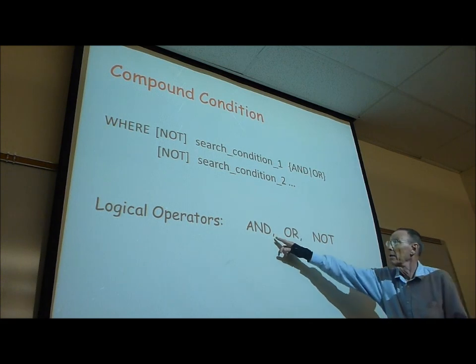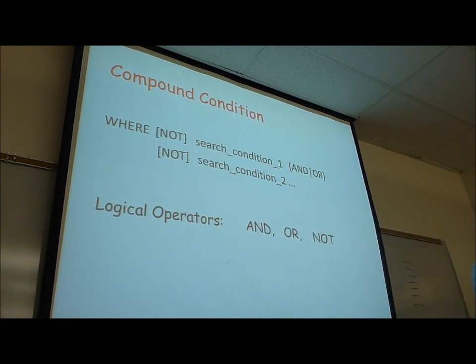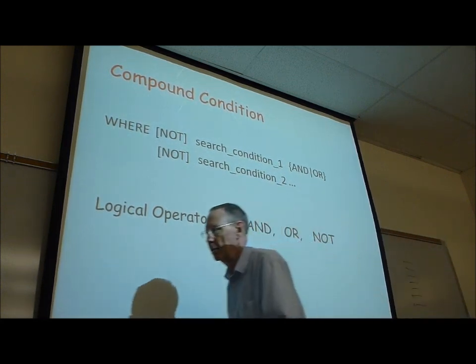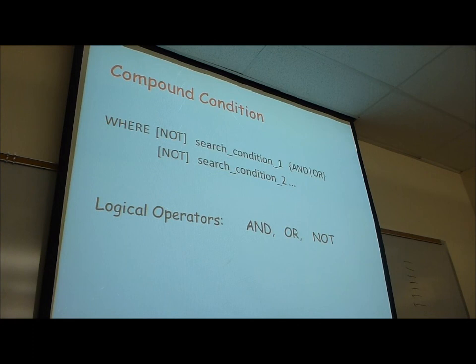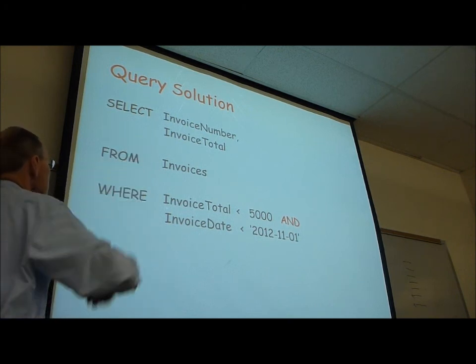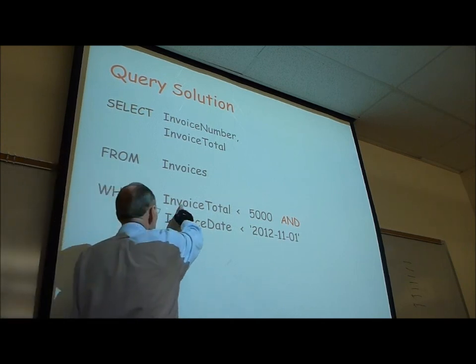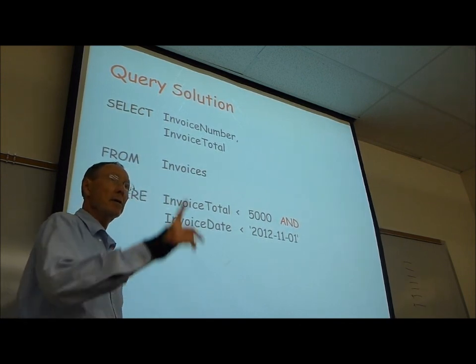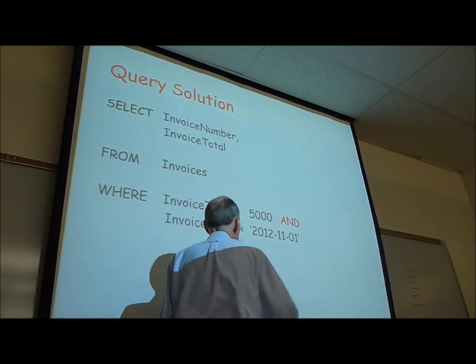And I'm going to use an AND operator. So when I need this and this, I'll use an AND operator. If I'm happy with this or this, then I use the OR operator. Then sometimes we use the NOT, when we want to reverse the logic. So in this case, for our example, we look at the invoice number and the total. The criteria was, I'm looking for the invoices that are less than 5,000, and the invoice date was less than